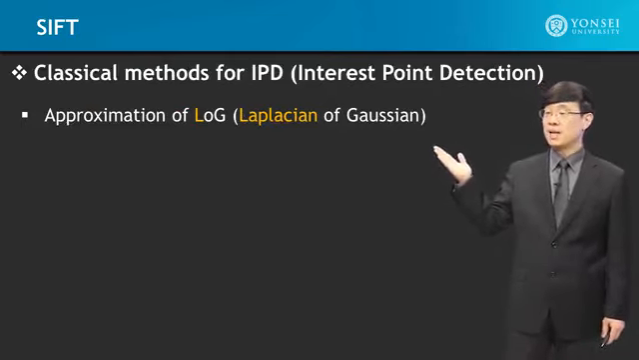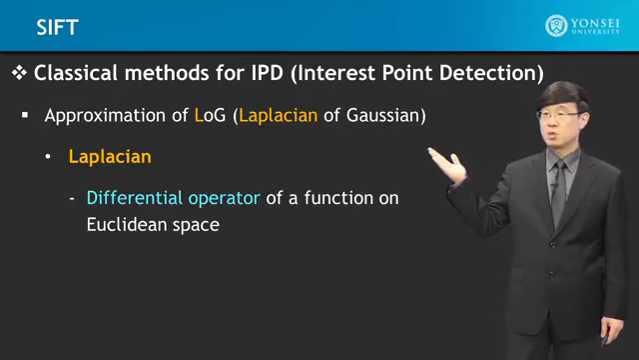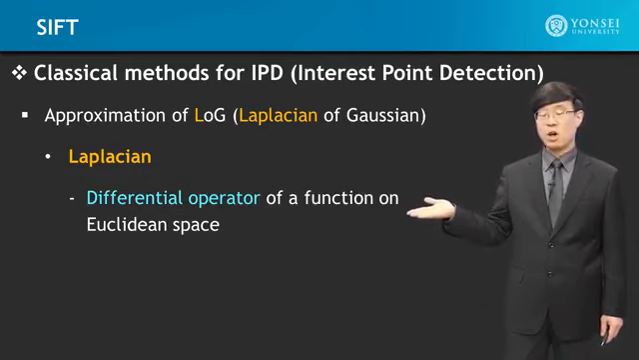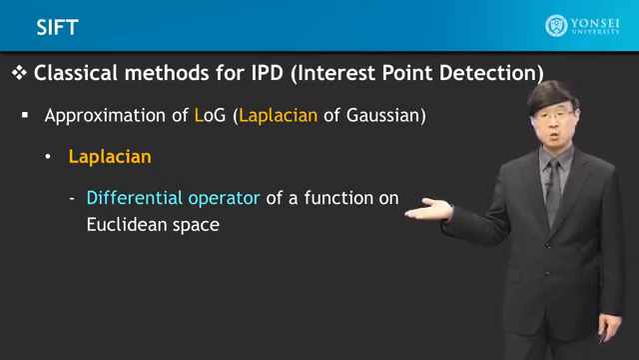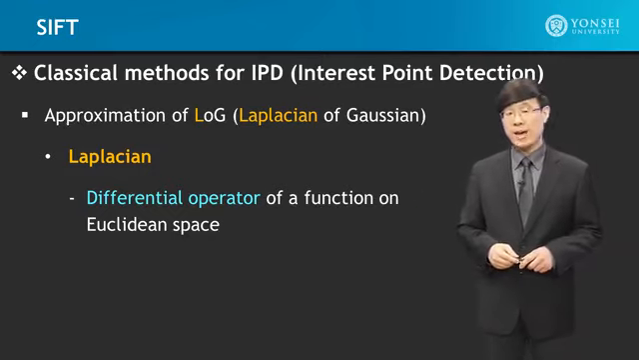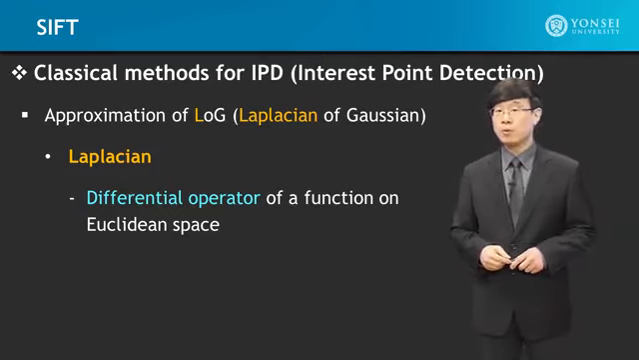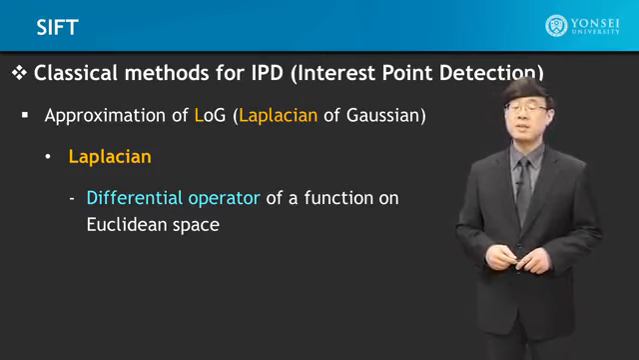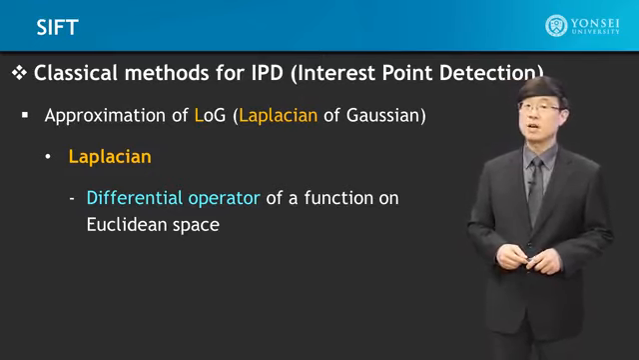Approximation of Laplacian of Gaussian. What is the Laplacian process doing? It is a differential operator of a function on Euclidean space. Once again, remember that SIFT and SURF are based upon the Euclidean space, the Euclidean distance, where the other algorithms that were faster and more appropriate for real time were based on the Hamming distance because they are based on